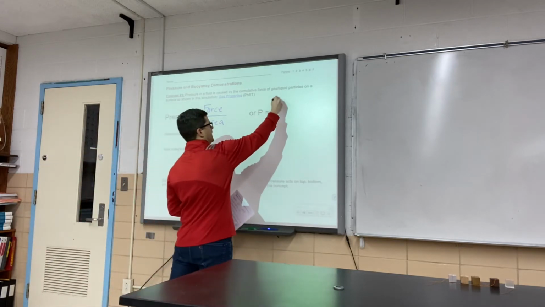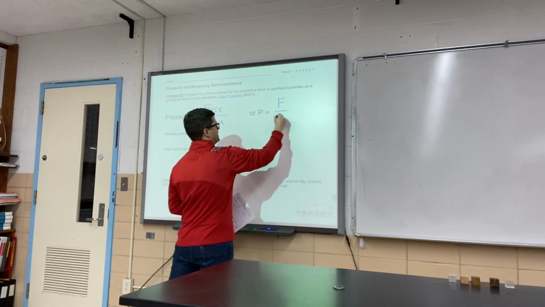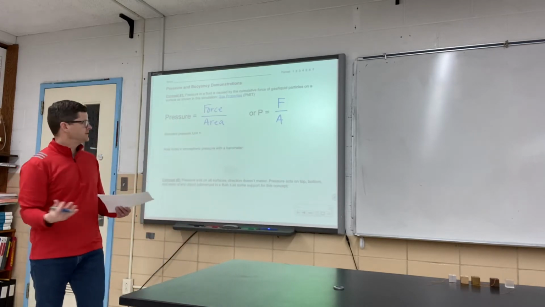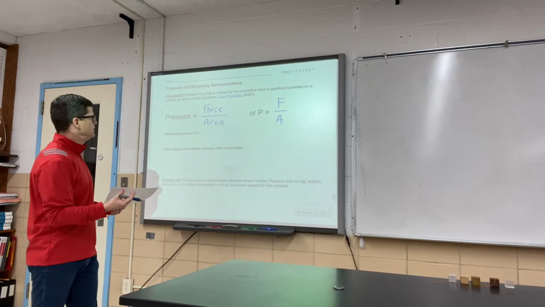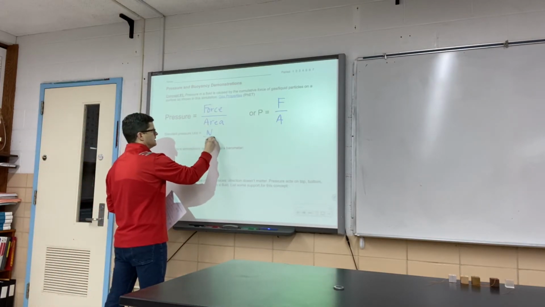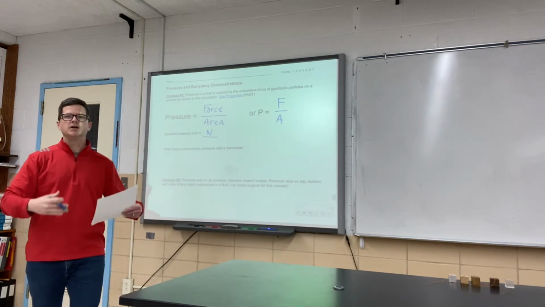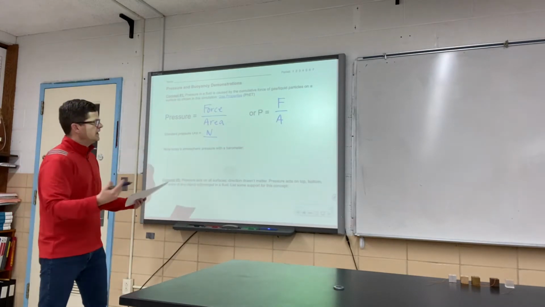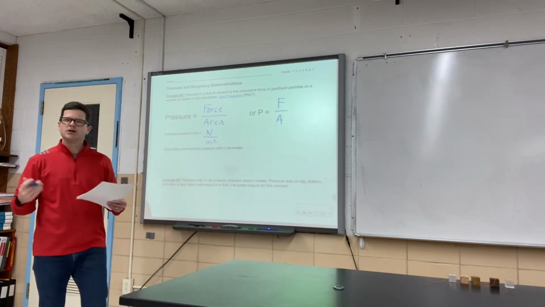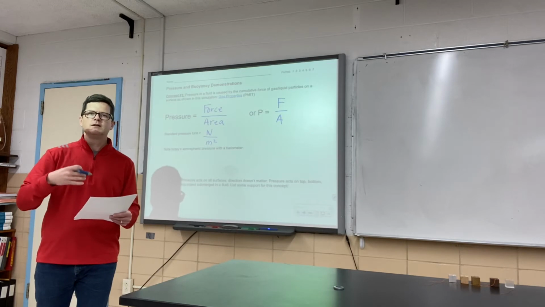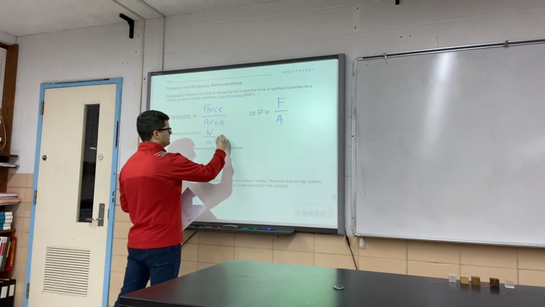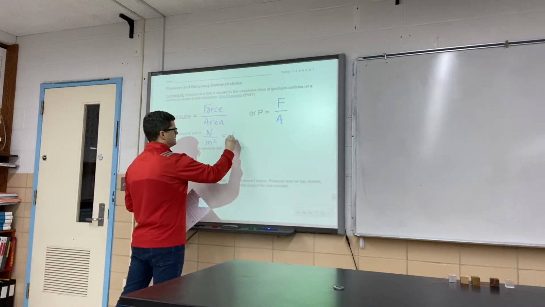Symbolically, we could call that capital F for force and capital A for area. Now, if we're working in physics, we're using our standard units: force is going to be measured in newtons, and length would be measured in meters. So area is going to be measured in square meters. Our standard unit in physics for pressure is newtons per square meter, and that gets a special name. It's called a Pascal,